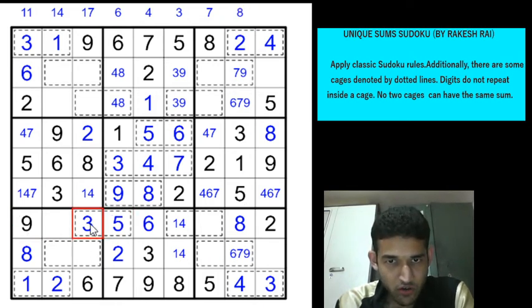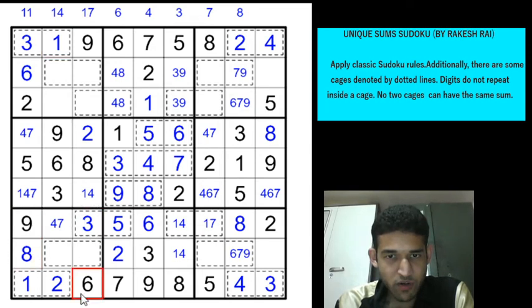Now if you focus on row 7, we just placed a digit there. So this will be 1 or a 7, right? 3, 5, 6, 9, 2 and 8 have been placed. 1, 4, 7 are yet to be placed, but 4 is here, so this will be 1 or a 7, and this will be 4 or 7 because of this one.